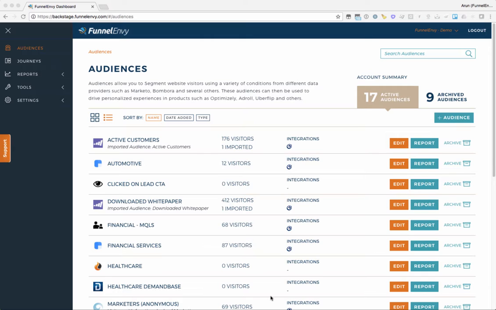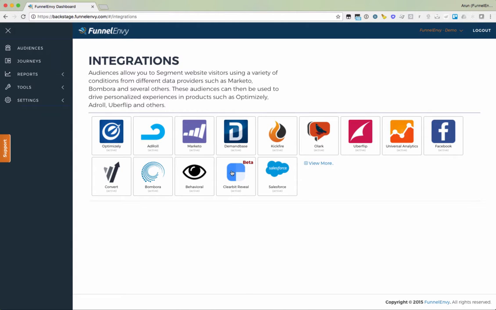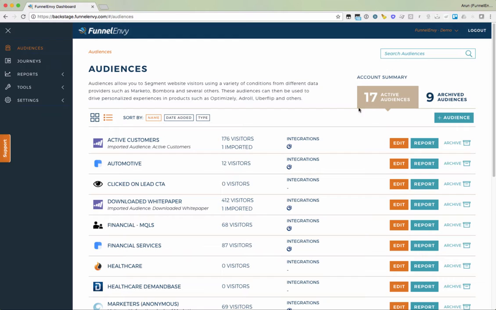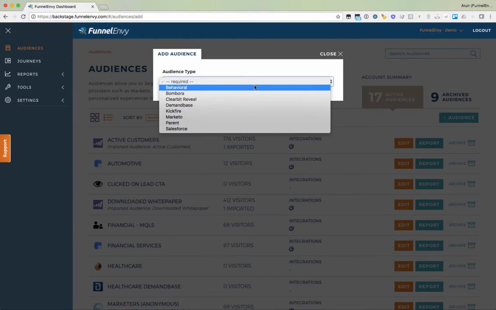So if you're familiar with FunnelEnvy, this is our audience screen. Again, audiences can be created out of a number of third-party or first-party data providers and integrated with your marketing stack for much more personalized experiences. So to create a Clearbit audience, first off, you have to have the Clearbit integration active on the site. And then you go back to the audience screen, and if you create an audience, you should see Clearbit available